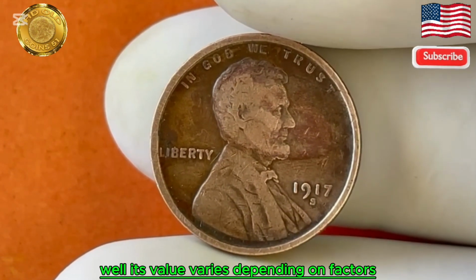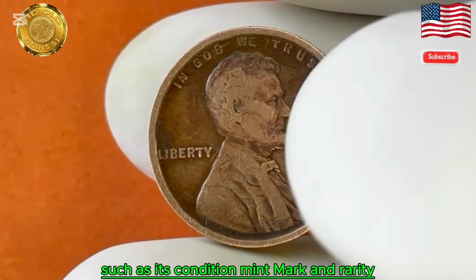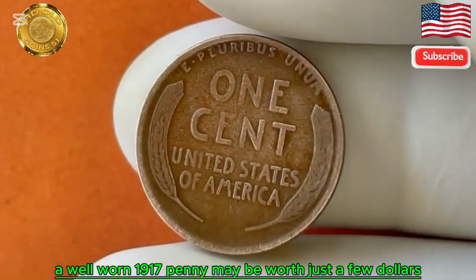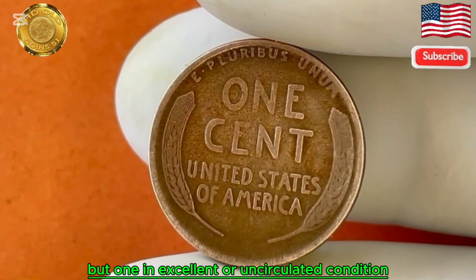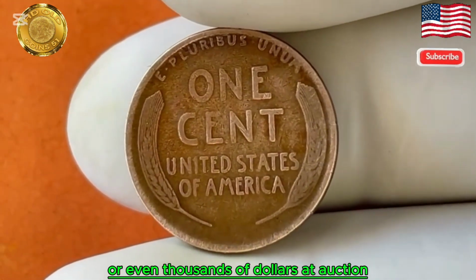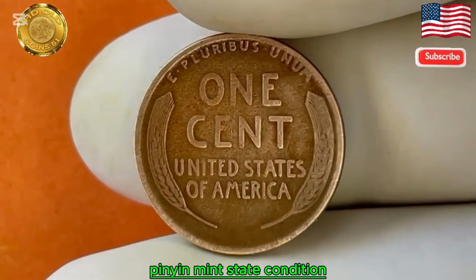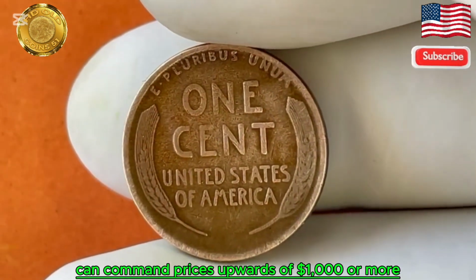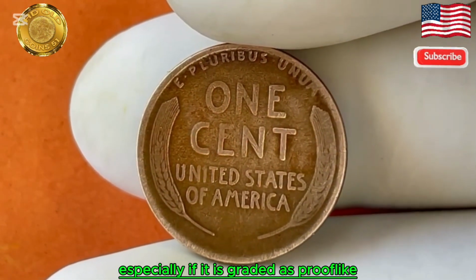Well, its value varies depending on factors such as its condition, mint mark, and rarity. A well-worn 1917 penny may be worth just a few dollars, but one in excellent or uncirculated condition can fetch hundreds or even thousands of dollars at auction. For example, a 1917 S penny in mint state condition can command prices upwards of $1,000 or more, especially if it is graded as